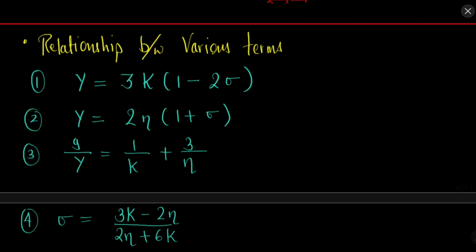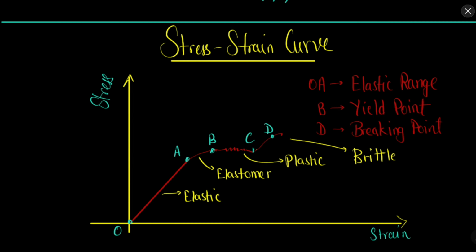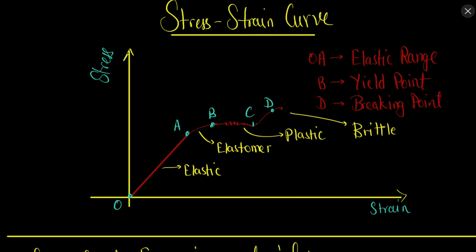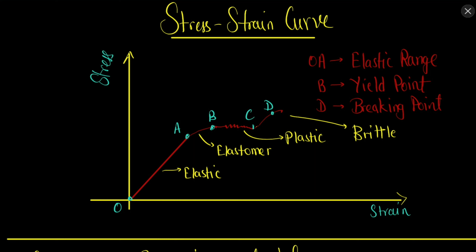Each material has some limits. If you apply more force, then eventually everything will break down. So in this curve we are trying to understand the different types of limits. First, from O to A, the material is elastic, that is, it is following Hooke's law, and it will come back to its original shape once the force is removed. Now let's say we are going from A to B. A to B is a region in which the object will again come back to its original shape, but here the relation between stress and strain is not linear. They are not following Hooke's law.